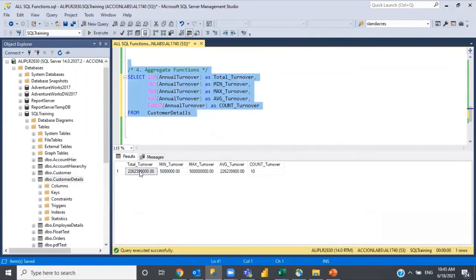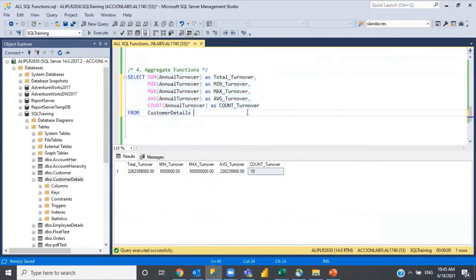The first one is giving the complete sum, the second is giving the minimum value out of all the values you are seeing, the max is giving the maximum value, the average function is averaging the numbers for all these records, and the count is telling me there are a total of 10 different annual turnovers.